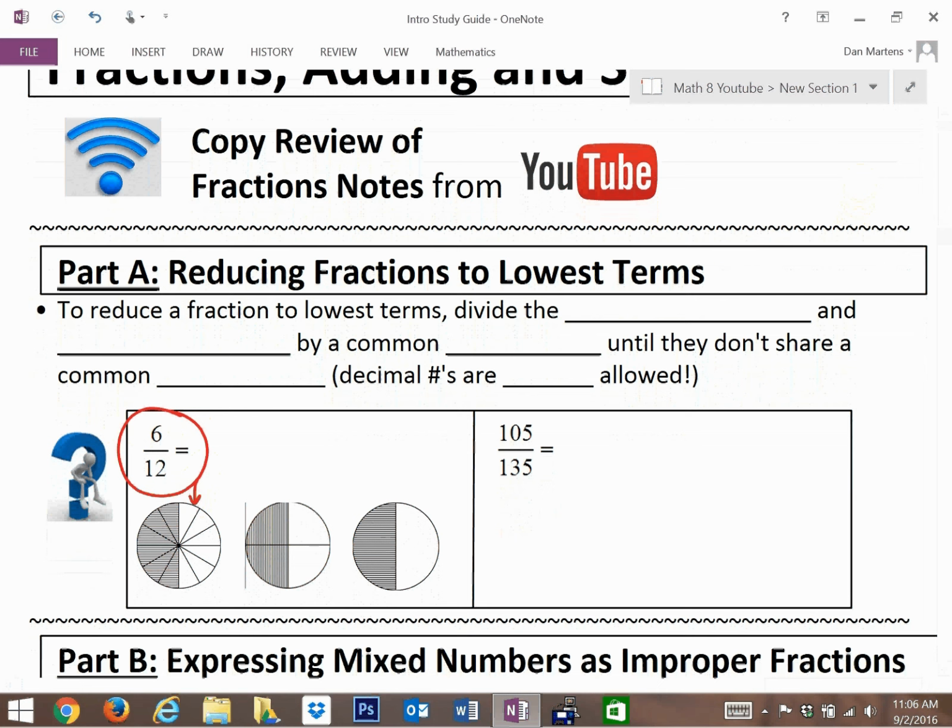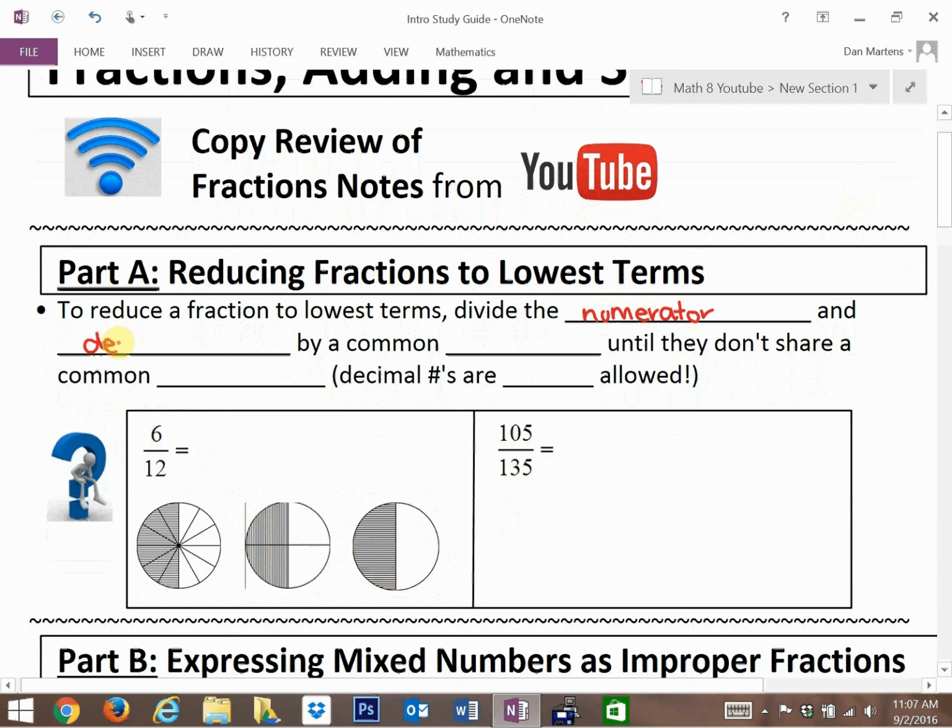What you'll notice is, and we'll be getting into this shortly, and write these down as we go, each of these actually represents the same fraction. So 6/12 is also the same amount of pie as that picture there. Although it's broken into fewer parts, it represents the same amount. We're going to be looking at how to reduce fractions to make them mean the same thing but using smaller numbers. To reduce a fraction to lowest terms, we divide the numerator, which is the top number of a fraction,